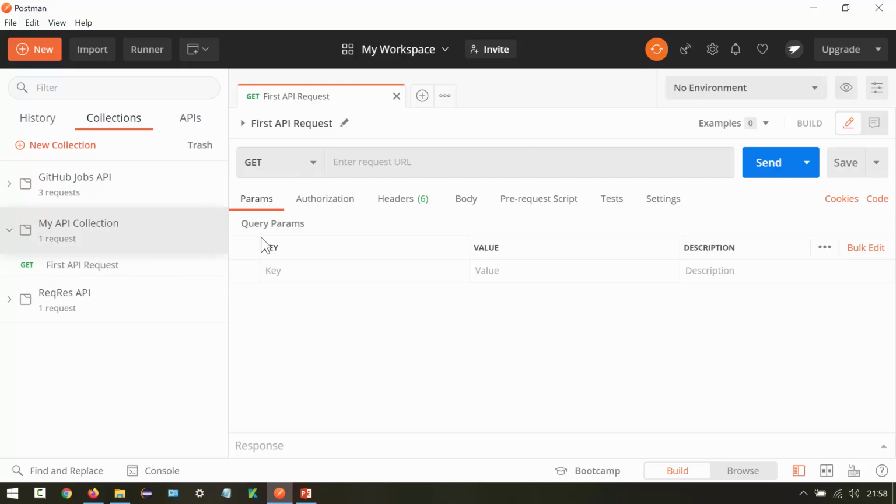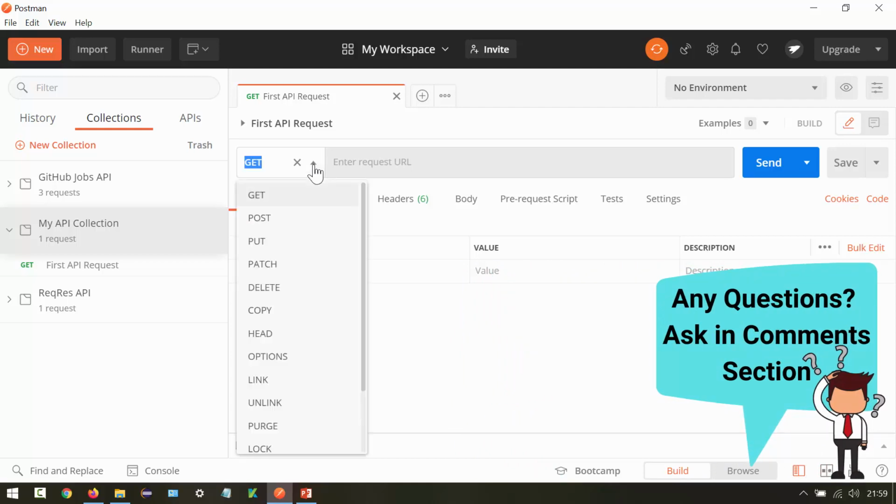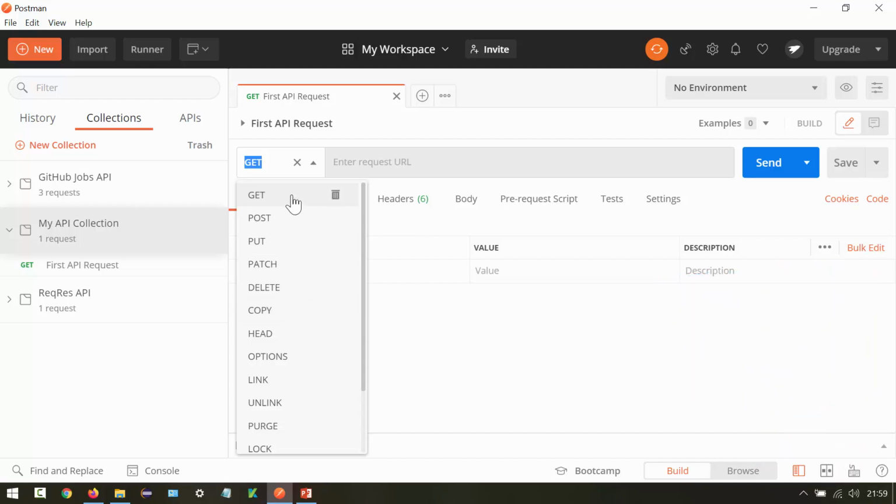and then the request has been opened. So this is called request builder area, and here we can develop the request. Here we have the type drop down, so we have different request types like get, post, put, then delete. In this tutorial we are going to use get request, that is very basic and simple one to start with. So here we have request type.